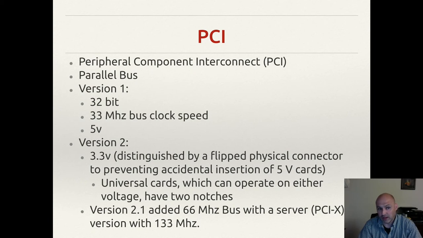This was still a parallel bus. We're actually going to only switch to a serial bus when we get to PCI Express. We'll talk to that in a moment. The first version of this was 32-bit with a 33 megahertz clock speed, and it ran with a 5-volt system architecture. Later, they switched it to a 3.3 volt, which for those of you who are electronically inclined, you probably